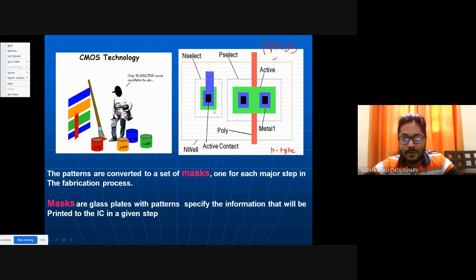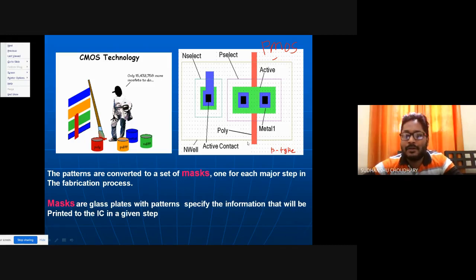For that connection, you need to provide another contact using the same process. Again, you define an N-select region over here, and then you select active over here, metal, and then active contact. In case of PMOS, it can be connected to the most positive supply. That is, bulk is connected to the most positive supply. This is basically the bulk connection of this MOSFET.